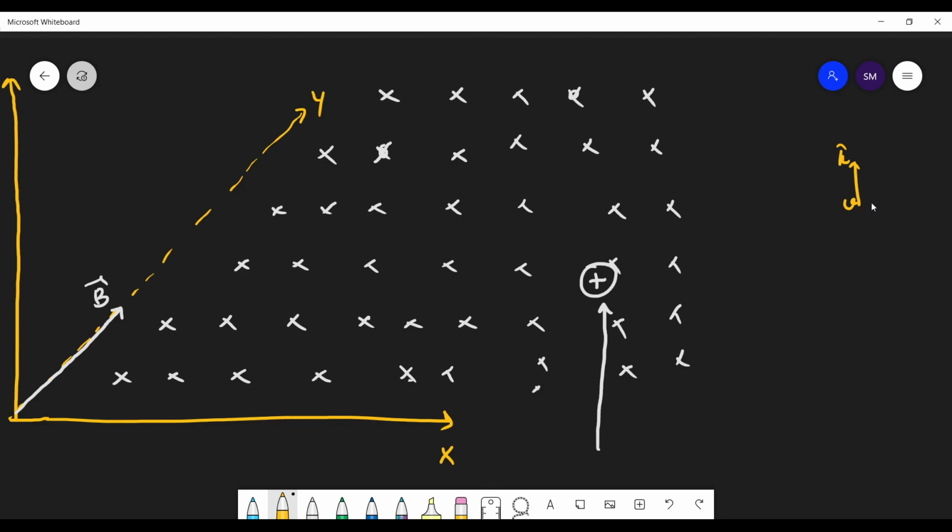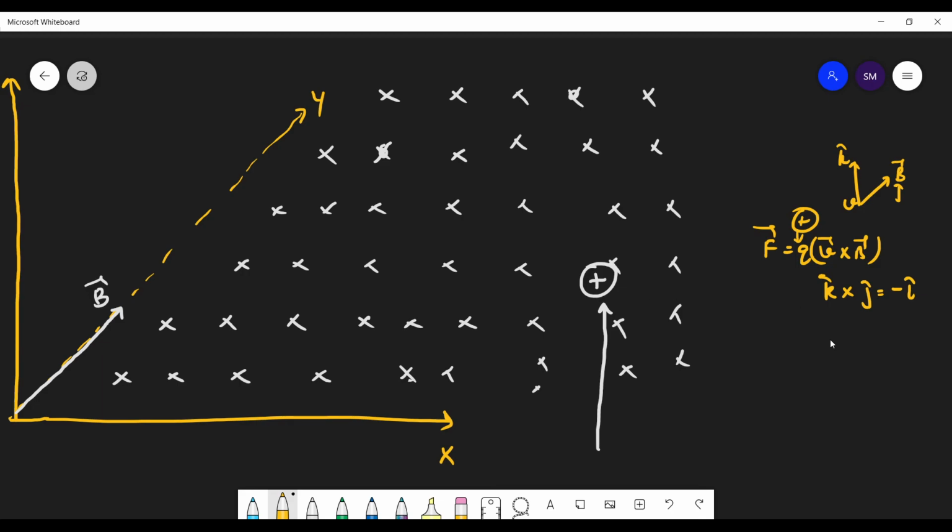What is the direction of B? The direction of B is along j. So F equals q v cross B. The charge is positive here, so don't worry about it. What is the direction of force? v is k cap, B is j cap. So k cross j is minus i cap. Very good, wonderful.